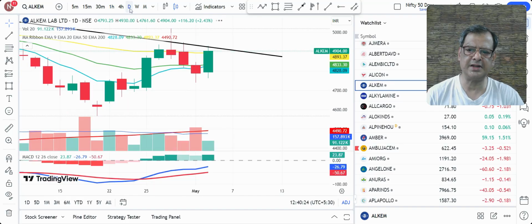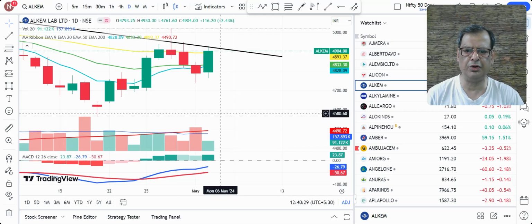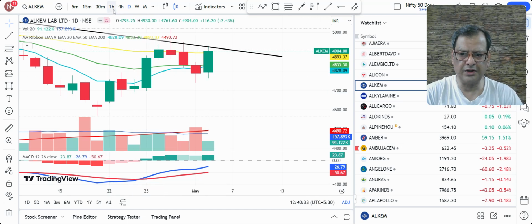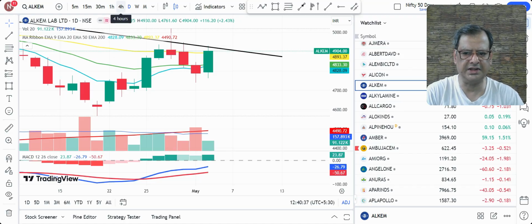Similarly for swing, I'll summarize. We enter on the daily, watch the weekly and monthly, all three should be bullish, then only you go in for long trades, otherwise avoid. And you can do swing on the 1 hour and 4 hour also, but that will become sort of like intraday trading, so I won't be teaching that. You will literally have to sit in the market and monitor